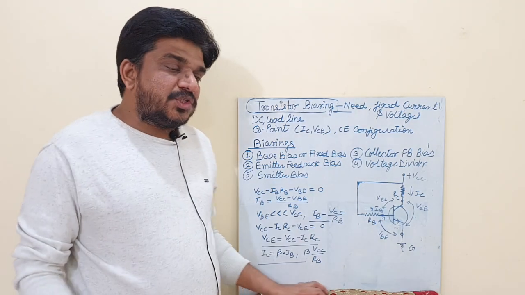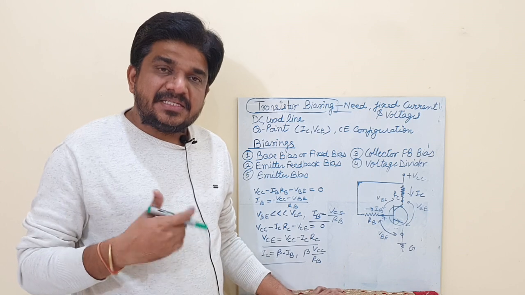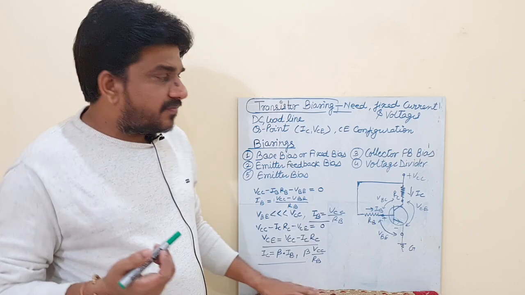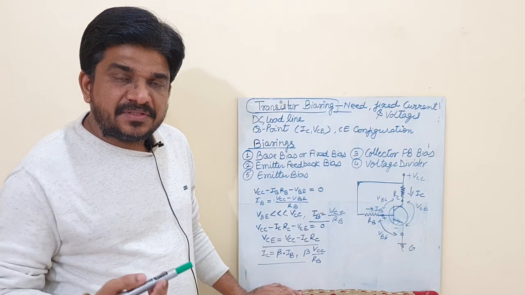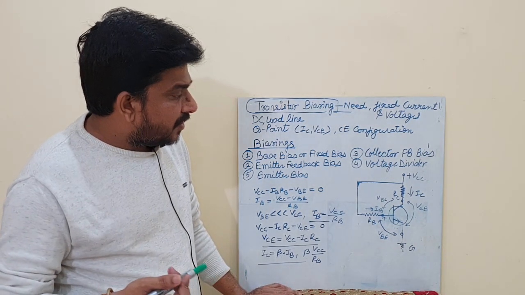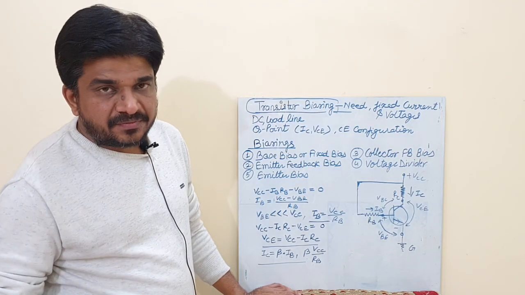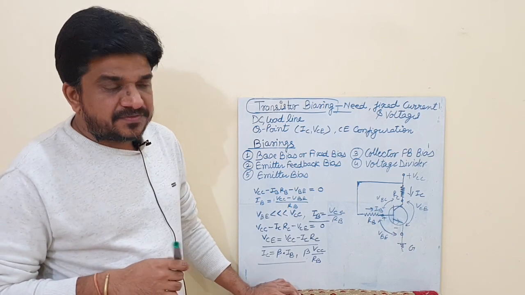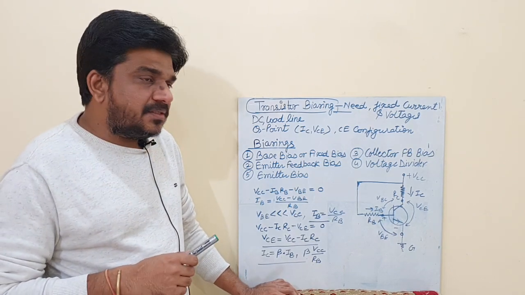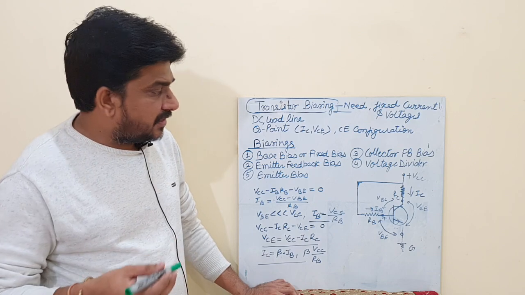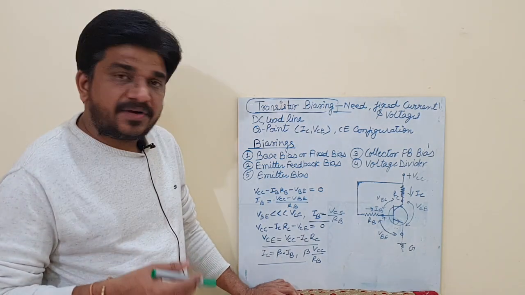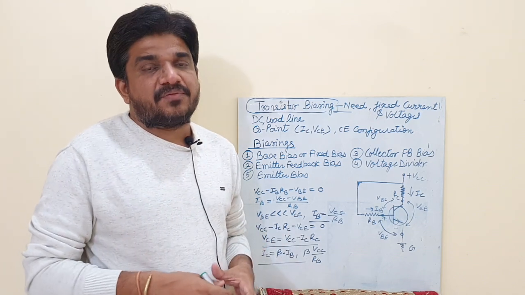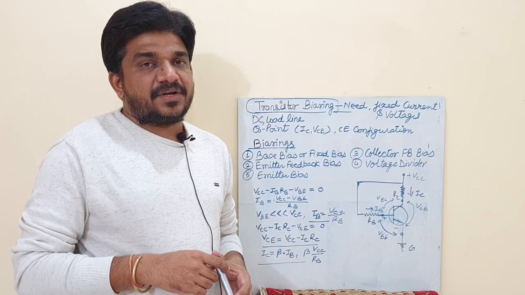Then we switched to the configurations like CE mode, CB mode, CC mode. I told you the two port network, and after making any one port common between the input and output, we are making a two port network and using the transistor in the circuit. Then after that we have seen the DC current gain. The DC current gain was in CE and CB mode. I told you alpha and beta. Then we set up the relation between alpha and beta. What is the relation between alpha and beta?